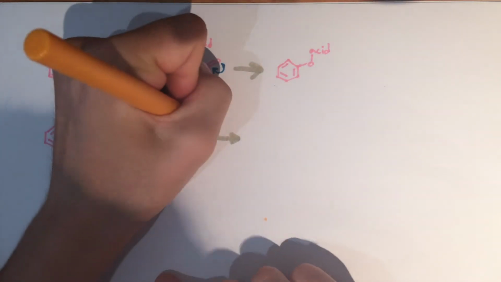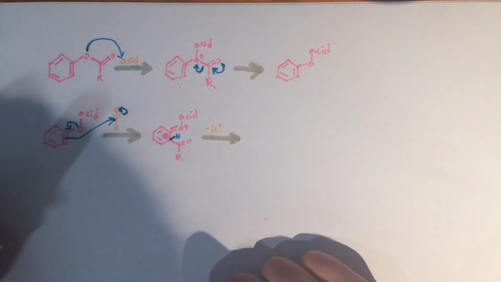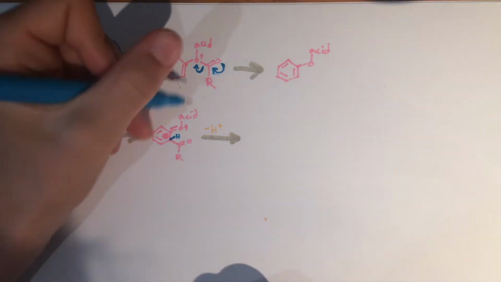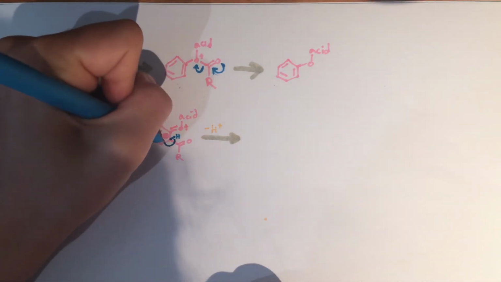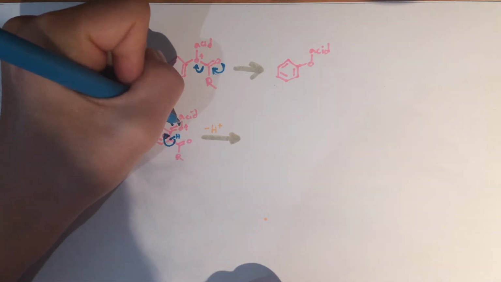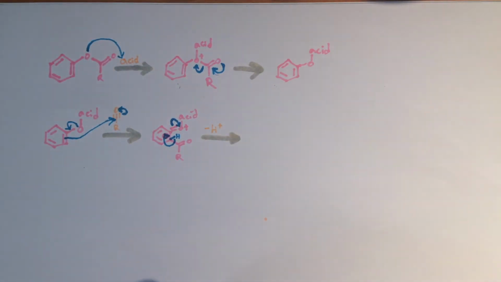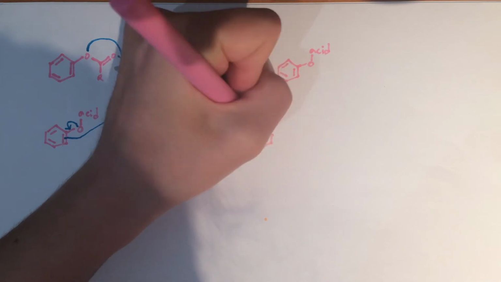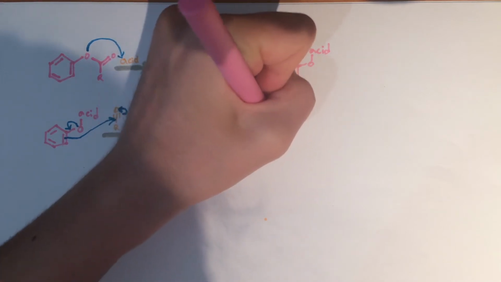I'm just going to write minus H plus, and the bond comes back. This pi bond moves back up to the oxygen, which is positively charged, and you get the aromatic ring again. So, like this,